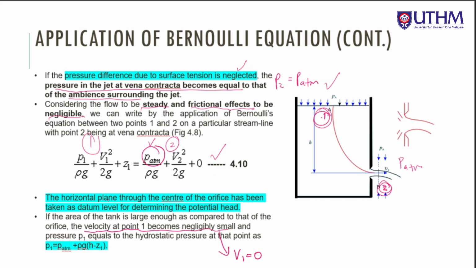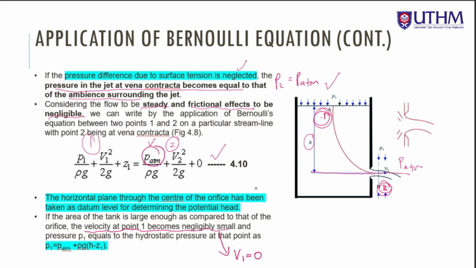And the horizontal plane through the center of the orifice, meaning this one, has been taken as a datum level for determining the potential head. The potential head is H, this height. If the area of the tank is large enough as compared to that of the orifice, the velocity at point 1 becomes negligibly small,